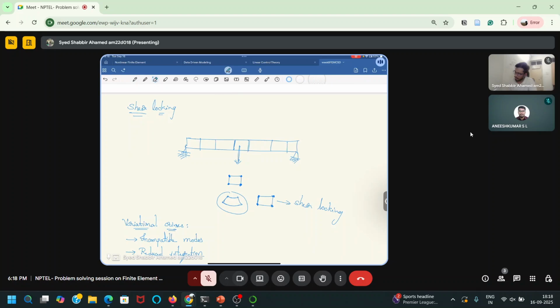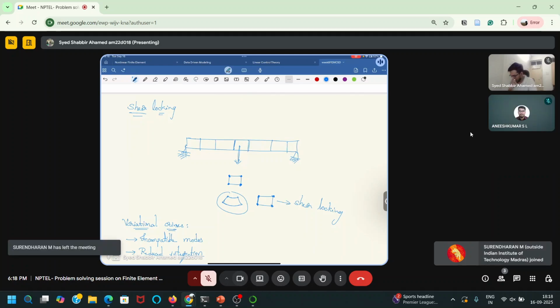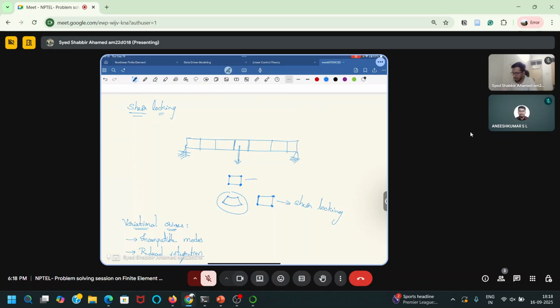So if the beam bends, the top and bottom will have a curved deformation like this. But if I have a four-noded quadrilateral, the displacement approximation it can give is only bilinear deformation. It can just expand in both directions. This four-noded element can expand in both directions, but it cannot give a